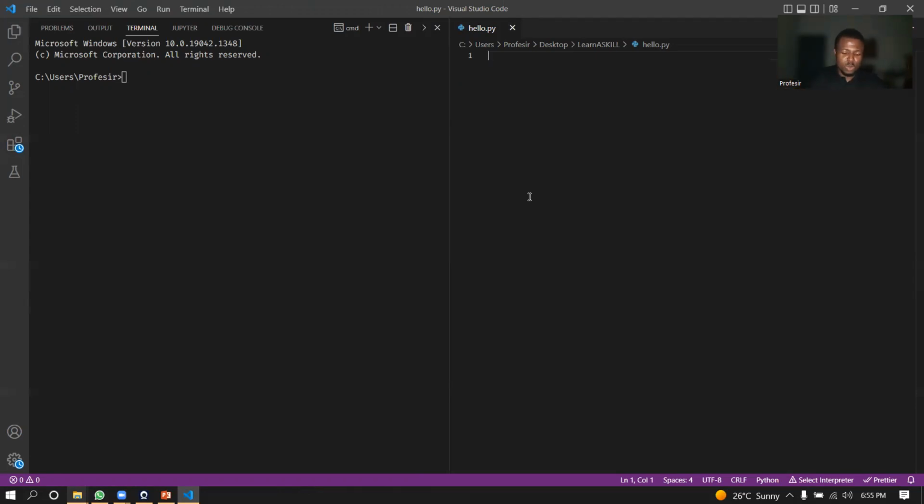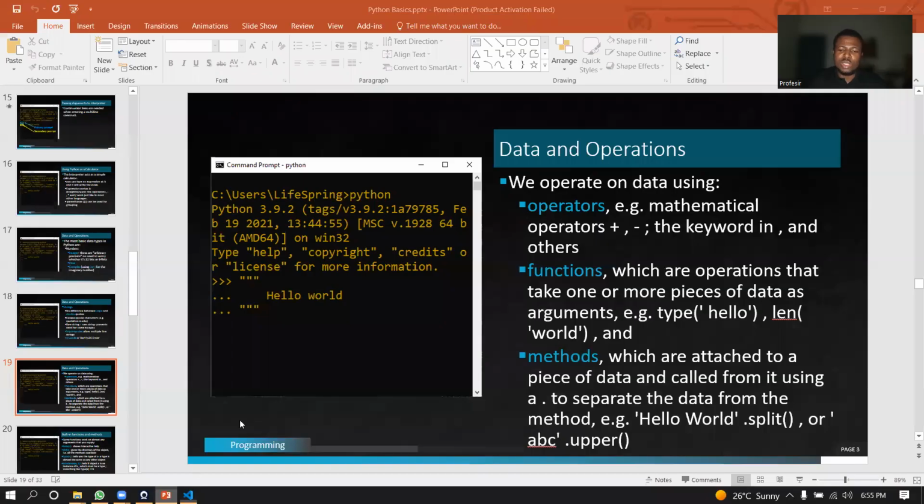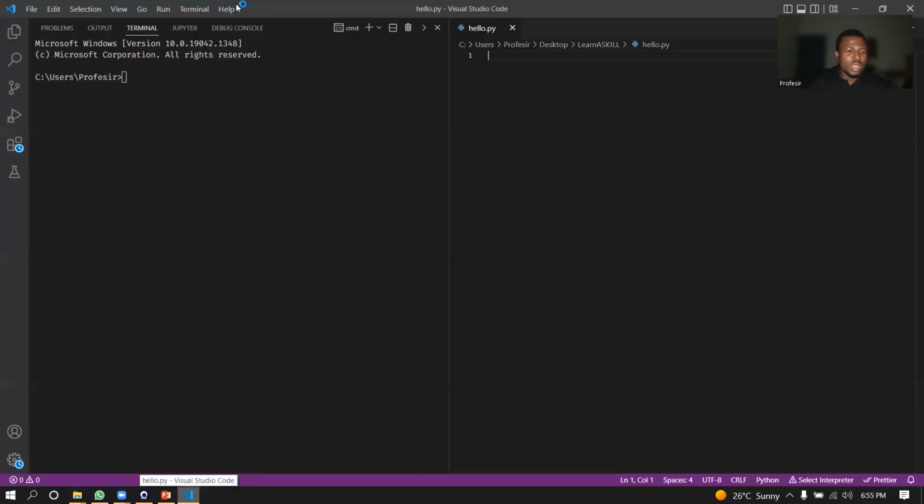To do that, first of all, I will need a place to store that. Don't worry about what I'm going to do right now, you get to know it, but I just want to show you something. I said that when we have data, we can operate on data using operators, right? So I'm going to do a sample example, which you will learn how to do later. Let me quickly